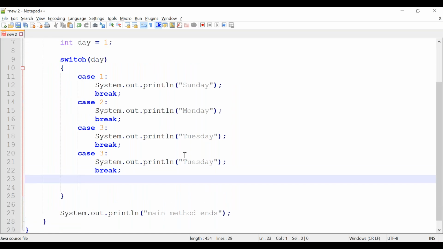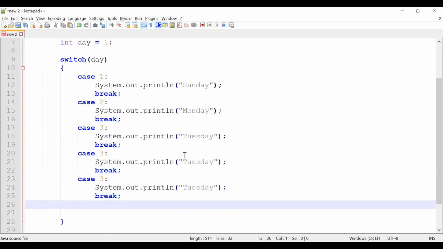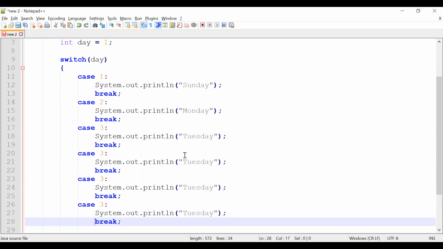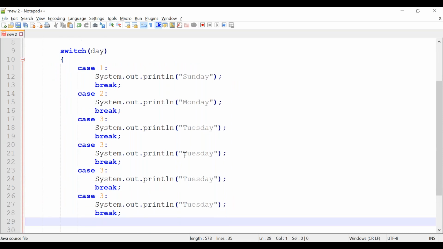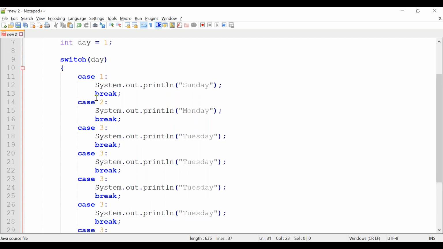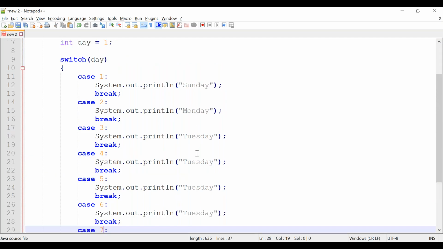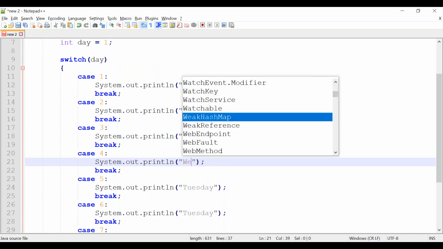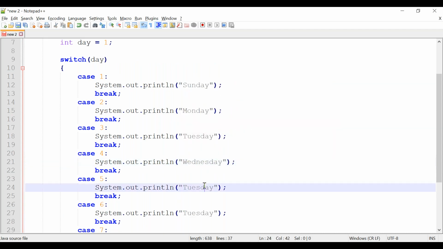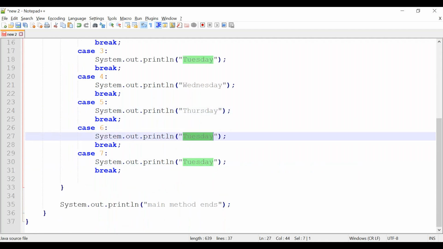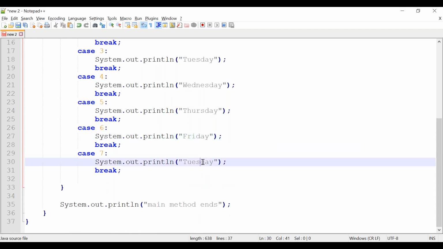So like this, I am going with multiple cases: 4, 5, 6, 7. Okay, what I will do: Monday, Tuesday, Wednesday, Thursday, Friday, and Saturday.